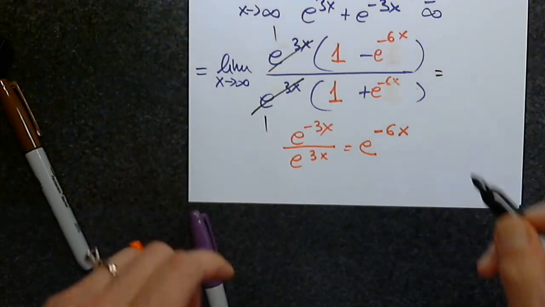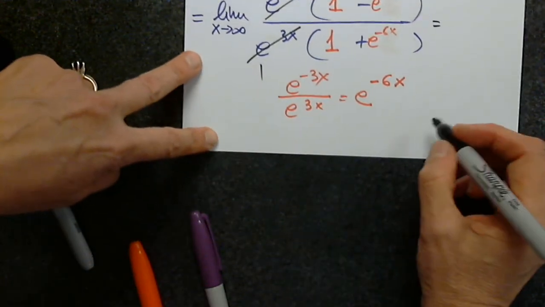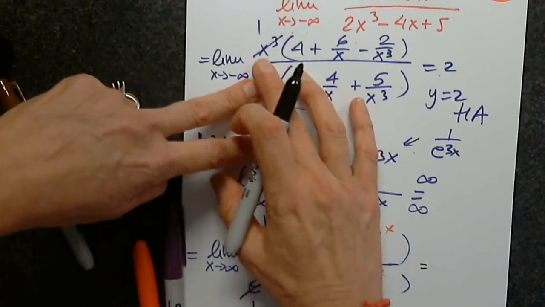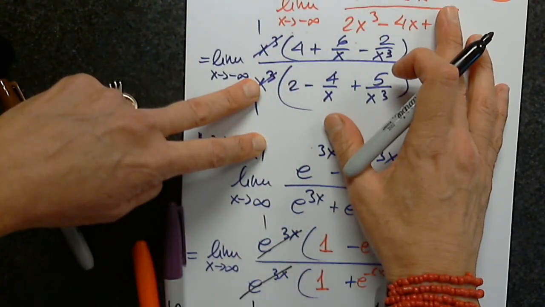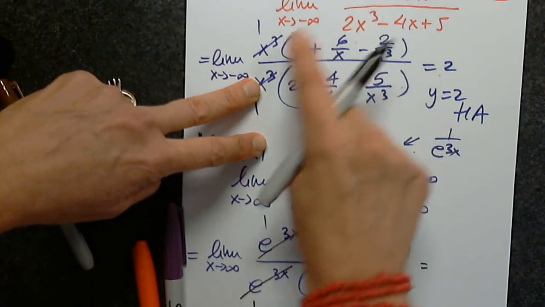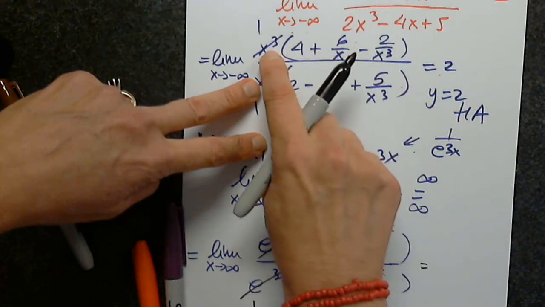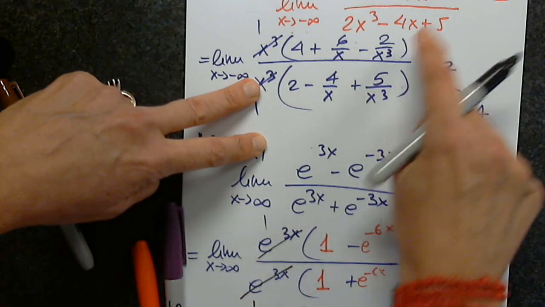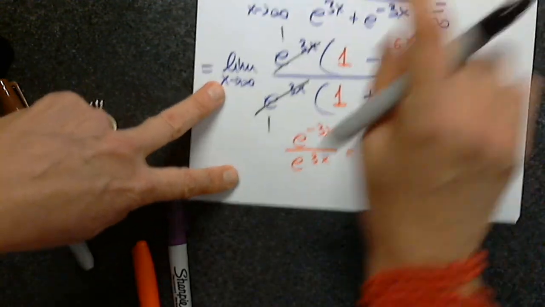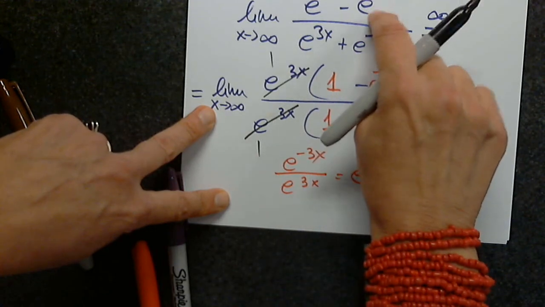I'm sorry, can you go over how you got e to negative 6x? Correct. So remember when we were here for a moment, and we said the degree is 3. So I pulled out x cubed. X to the third times 4 is this. X to the third times 6 over x will be 6x squared. And x to the third times negative 2 over x cubed will be negative 2. In the same way, we do this. So I pulled out e to 3x, so there is a 1 left. So then this one,